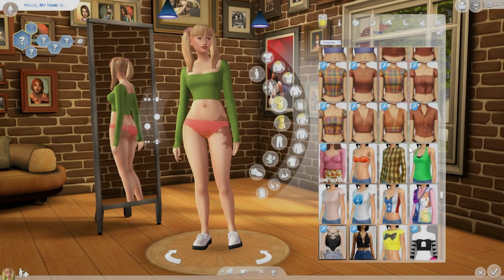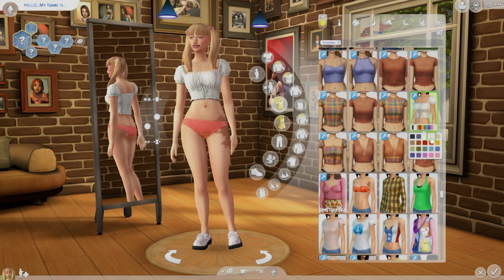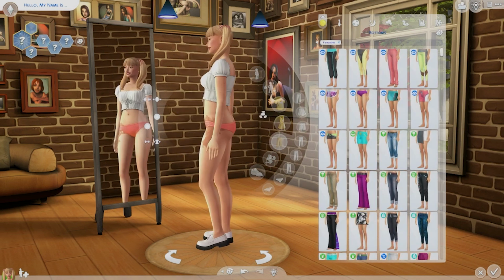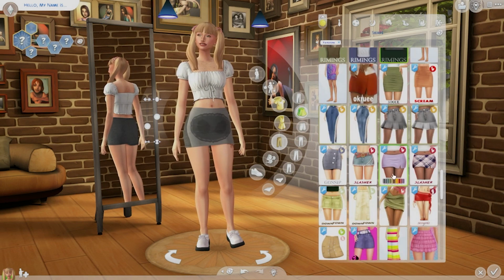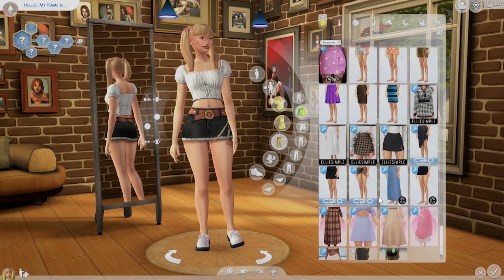Her favorite color is pink. My last sim, her favorite color was pink. And the sim before that, her favorite color was pink. So through this experience, I think I'm learning that my favorite color may be pink. I think this says more about me than it does my sims.